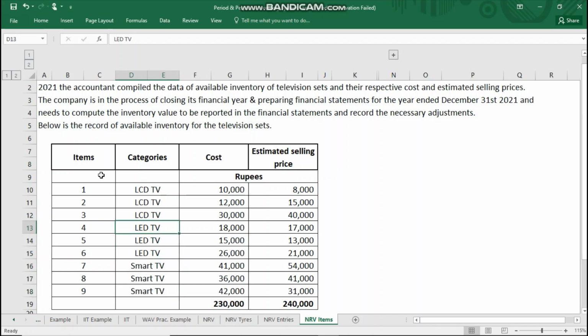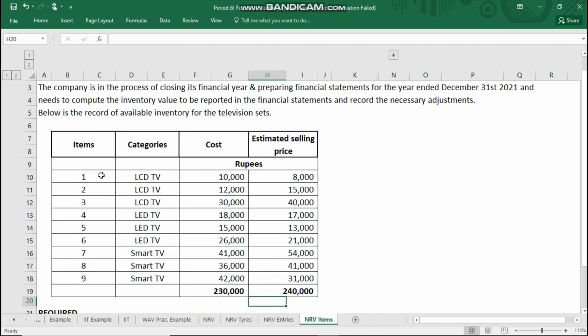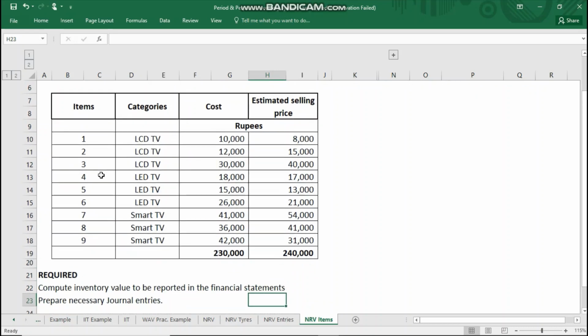Okay, and the respective cost of each item is given against each item, and their estimated selling price is also given at item level. Okay, so this is the total data available, and the requirement we have: compute inventory value to be reported in